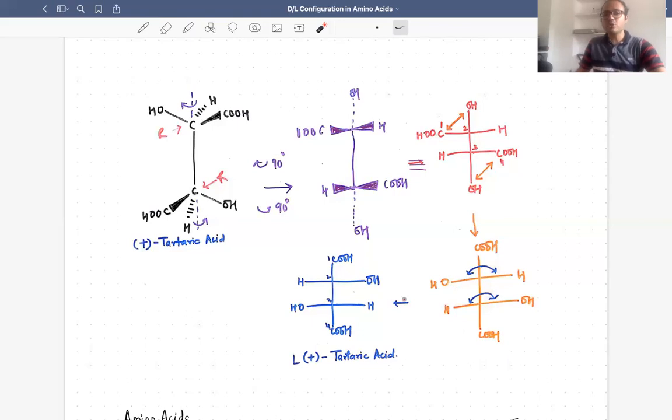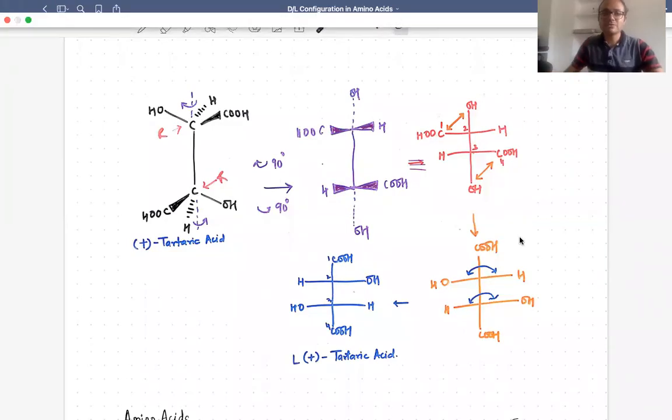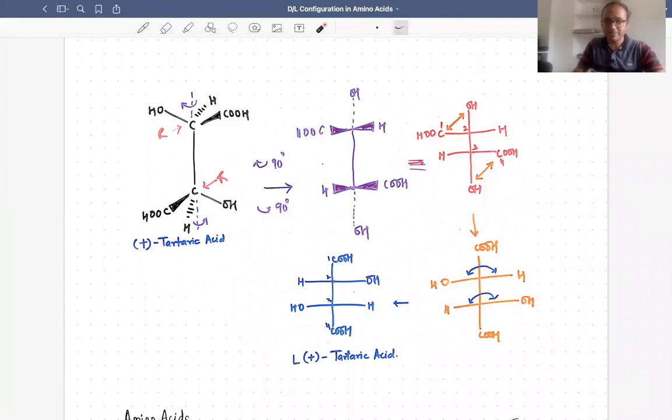Okay, so we have to do one more exchange in order to complete this. So we have to do one more exchange here. That is why I performed another exchange across this horizontal bond, because we don't have to change the vertical bonds now, as we require them in this particular fashion itself. So we will better exchange only the horizontal groups. So that is what I have done here. I have only exchanged the horizontal groups and I got this back.